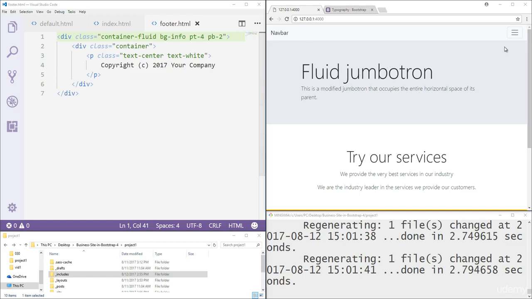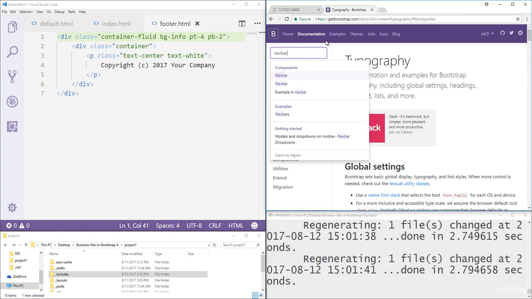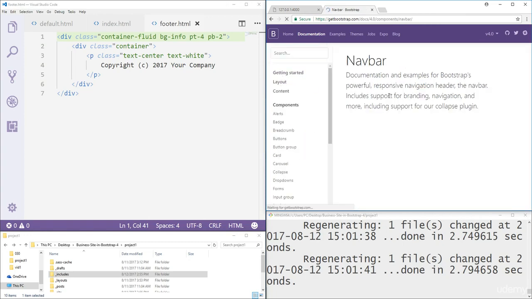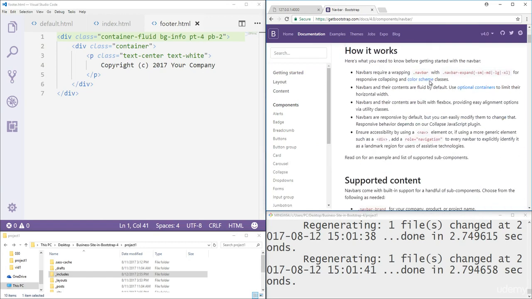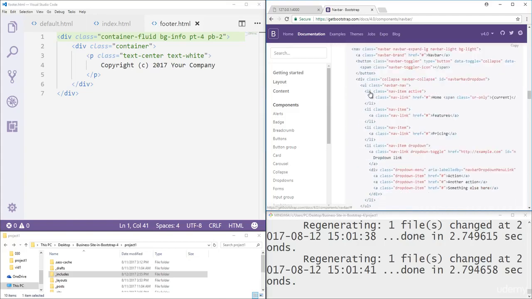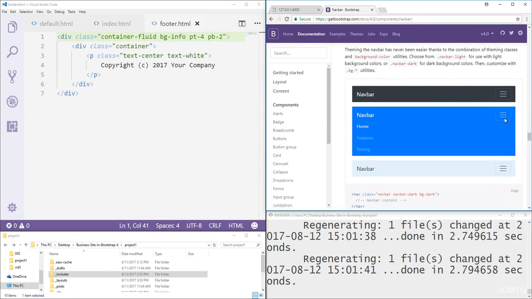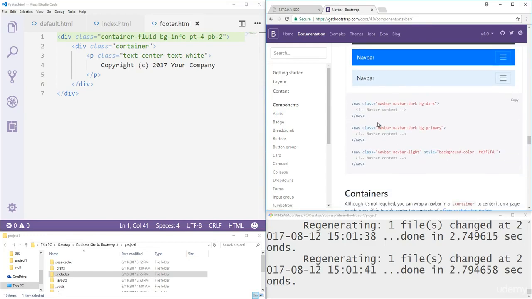Alright, our website is getting along quite nicely, so let's change the navbar a little bit. So let's find navbar, click here, it'll open the navbar component section, and we need to find a dark navbar that we'll be using. So let's just scroll down, color schemes. Okay, so it's going to say nav class navbar, navbar dark, bg-primary, and we're not going to be using bg-primary, but rather we'll be using